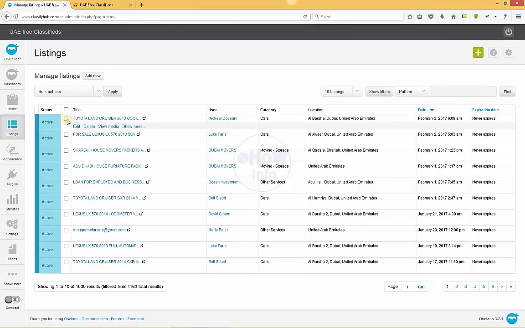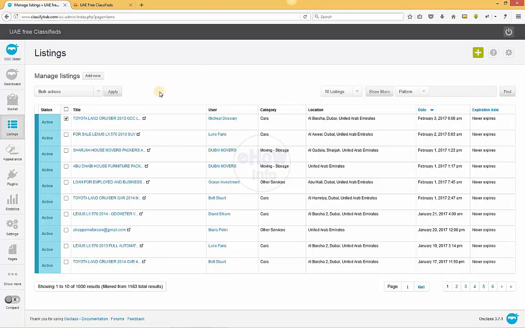If I click on the square here and go to bulk action, there are delete, activate, deactivate, block, unblock, mark as spam, unmark as spam, mark as premium, unmark as premium. So you have a free hand as an admin to do what you want with the listings that have been posted. You want to block it, activate it, or delete it. So many options are here.